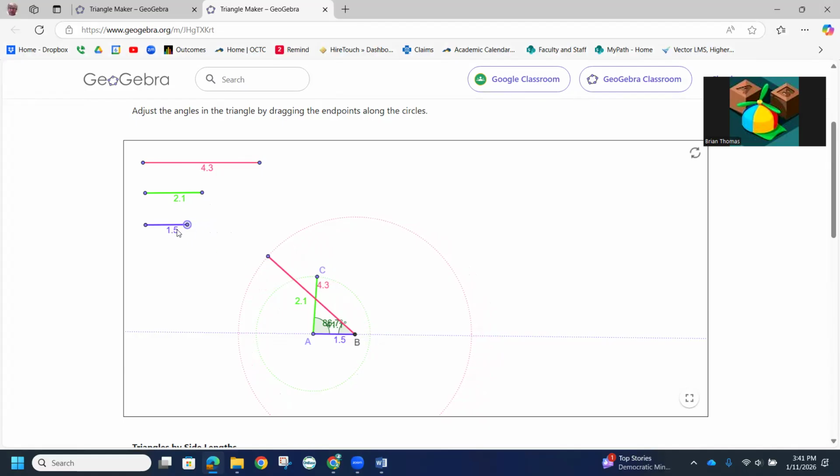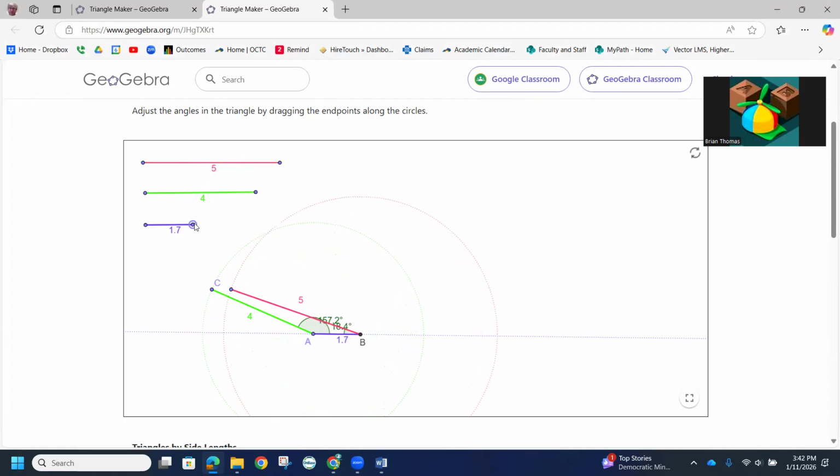Notice that 1.5 plus 2.1 is only 3.6. Notice how that's smaller than 4.3. Notice if I try to connect these three sides, I have to connect them at the endpoints. And notice that these two endpoints are not going to touch. So there's no way to create a triangle if two sides added together don't create a number bigger than the third side. So let's make this 5, make this 4,